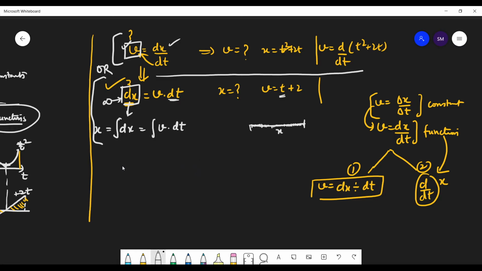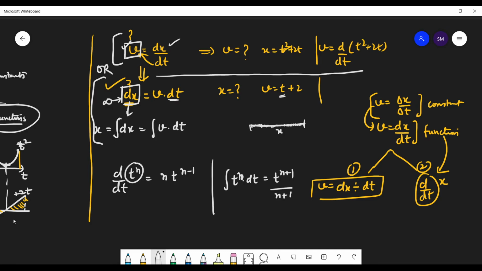Yes? Yes, sir. Now when you are doing the differentiation, you must know the formula of differentiation. If this is t raised to the power n and you are differentiating it, then you will get n t to the power n minus 1. And if you are integrating t^n dt, you will get t raised to n plus 1 over n plus 1. So those are the formulas. Of course they are derived, but you need not do or understand the derivation. Simply know that these are the formulas. Okay,